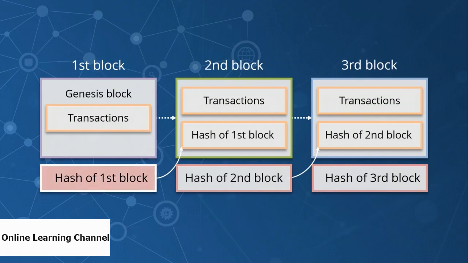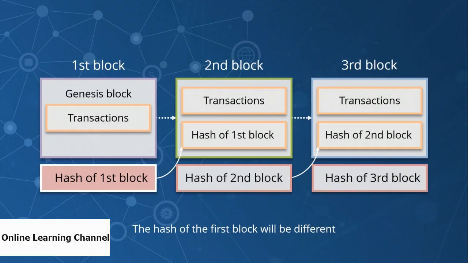Now, the effect of this is that the hash of the first block will be completely different. We have seen previously that even a minor change in the input to a hash function is likely to produce an entirely different output. So even a minor change in the transactions of the first block is likely to produce an entirely different hash. And anyone who is trying to verify this blockchain will immediately notice that the hash produced